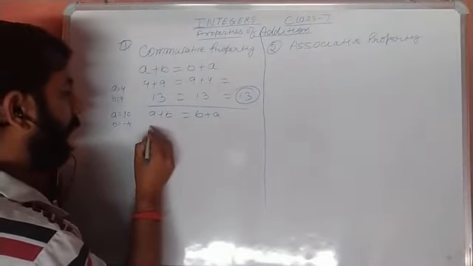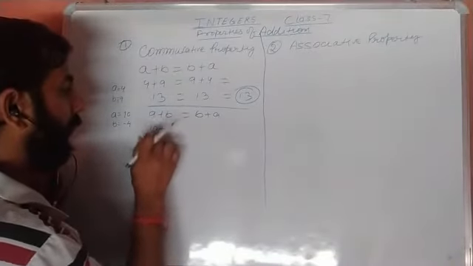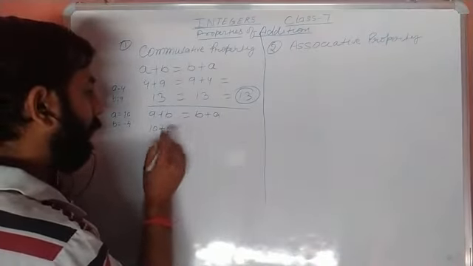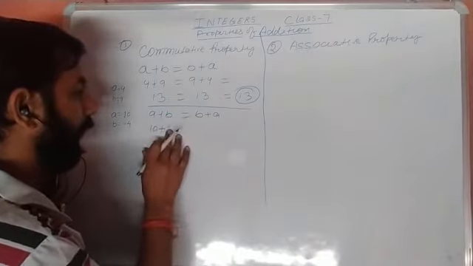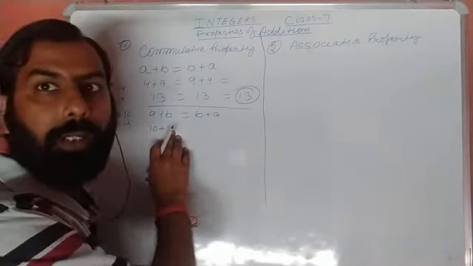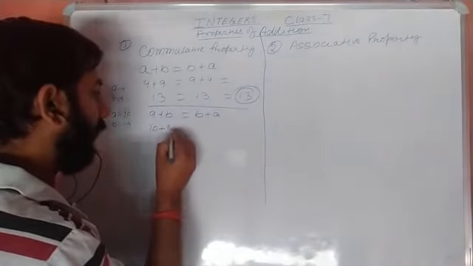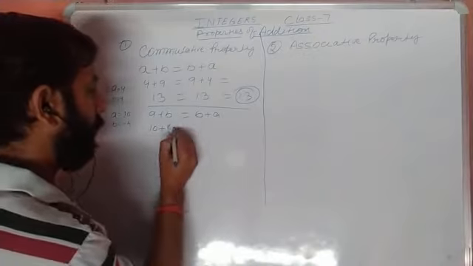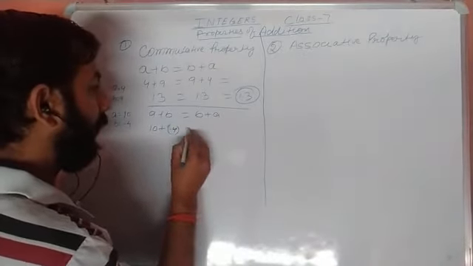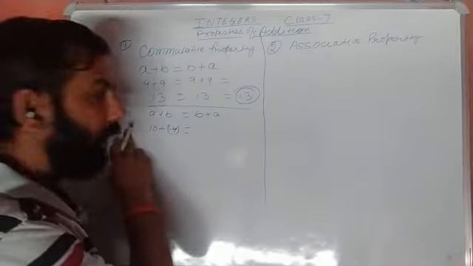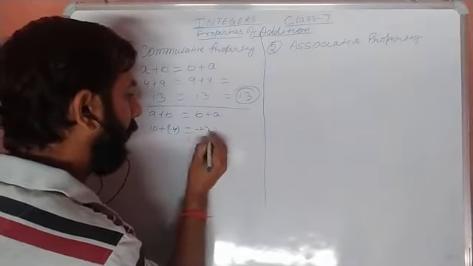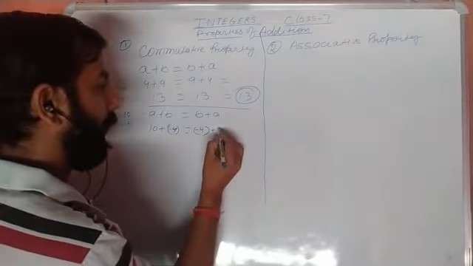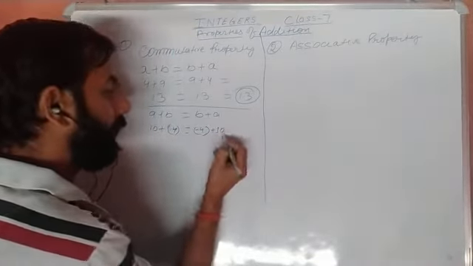A is 10, plus, according to the property, minus 4. If I do not put the bracket over here, then the two signs will be together, so it is necessary to put the bracket. So in the bracket it will be minus 4. Here B was minus 4, so we put minus 4 in the bracket, plus A, which is plus 10. Now let us solve this.